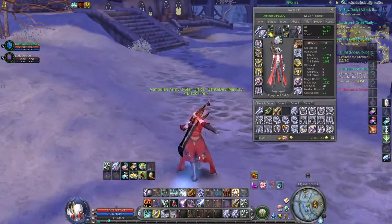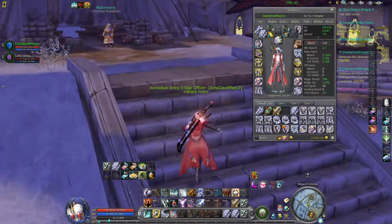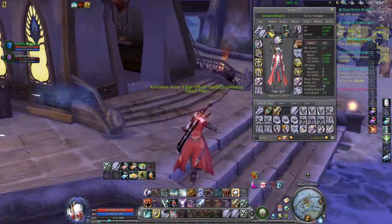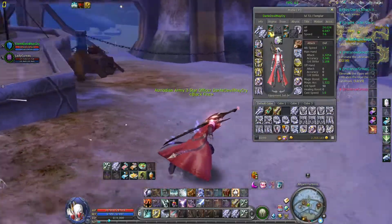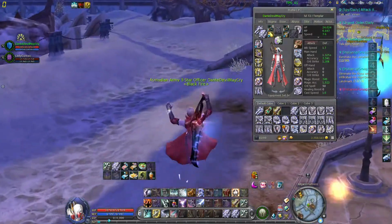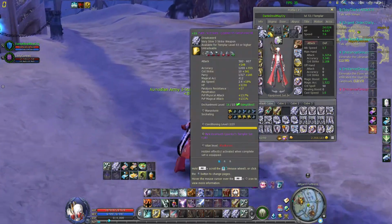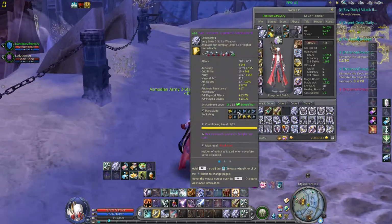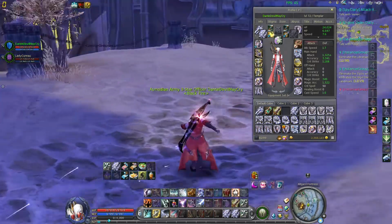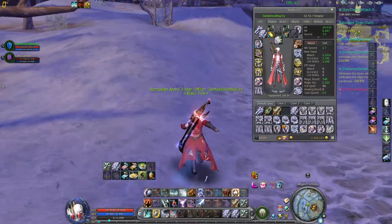It really isn't. In the long run, it's only a 10 or 7% DPS difference in PvP. In PvE, overall it's 7%. In PvP, I calculated, at least for my stats on my weapons, it's 10%. So other people, if they socket even better mana stones than what I have on my pure IS, they can possibly get even higher stats than what I have, and therefore the gap between the IS weapon and